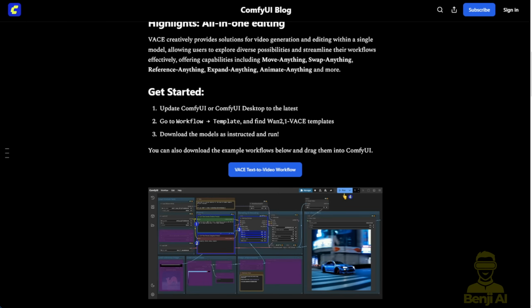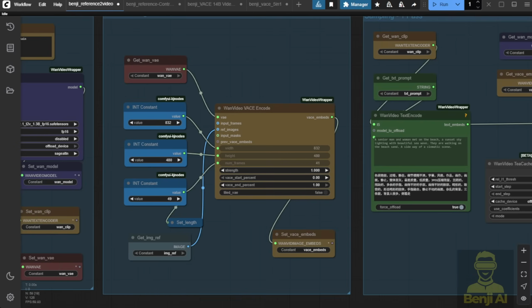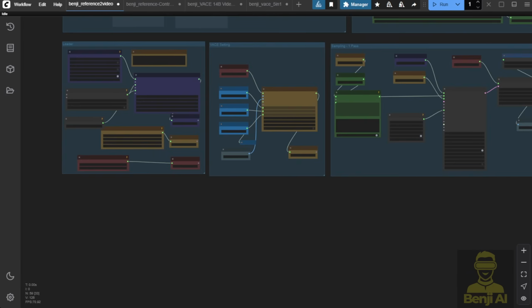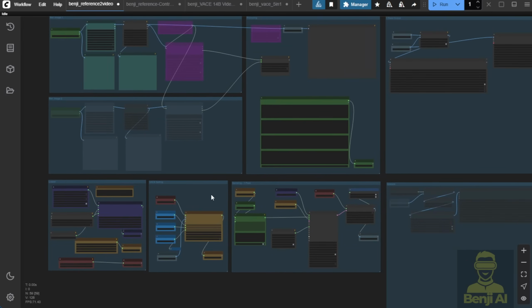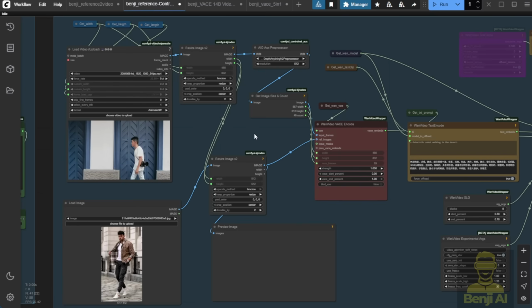The native nodes, as I can see here, are the most doable way, or the way they're using as an example in their ComfyUI blog post, is video to video editing, where you use ControlNet and Pose or a depth map mixed with the reference image to generate the video with motion as the video output here. Yes, we can do that as well for the native nodes and the Wan video wrapper, and I'm going to continue with the Wan video wrapper this time